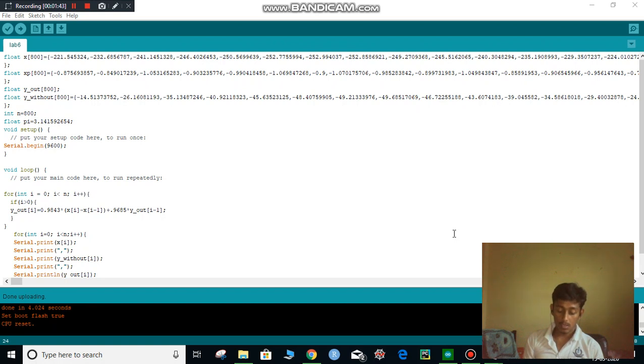We calculate r by the formula r = 1 minus (2 pi fc divided by fs), and by calculating this we get the r value as 0.9685. Now we need to find the gain. By taking the condition that the magnitude of H(z) at z equals 1 and at z equals minus 1 is 1, we get our gain G as